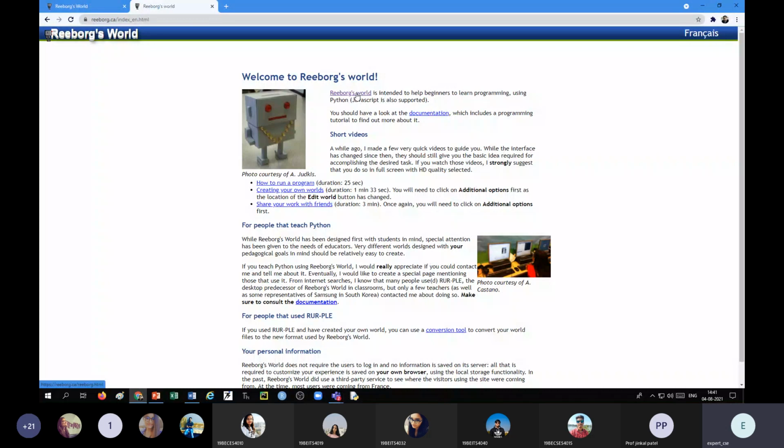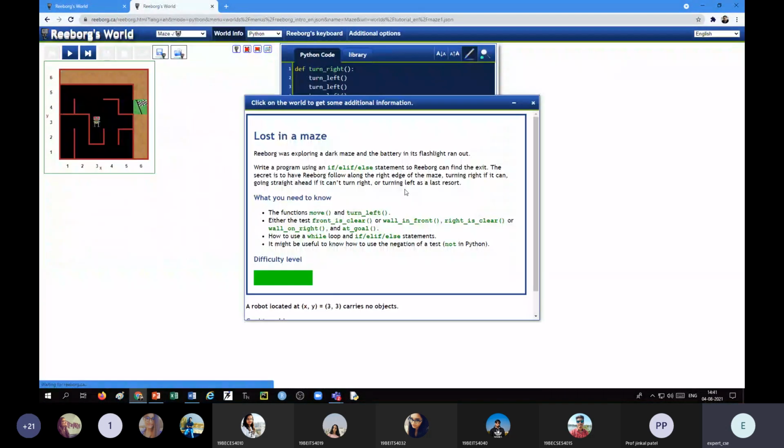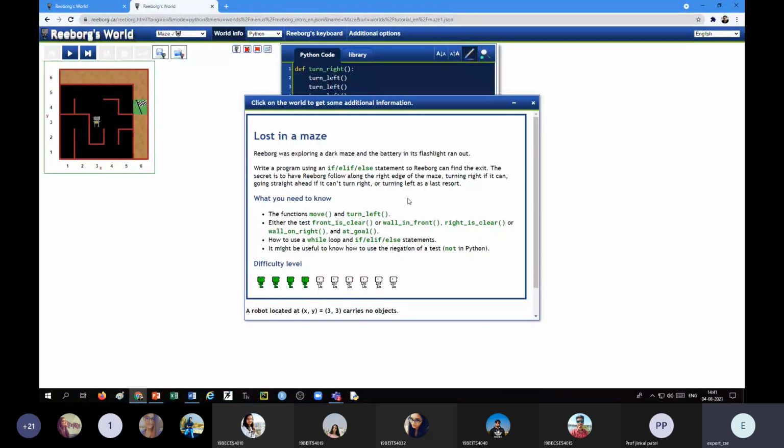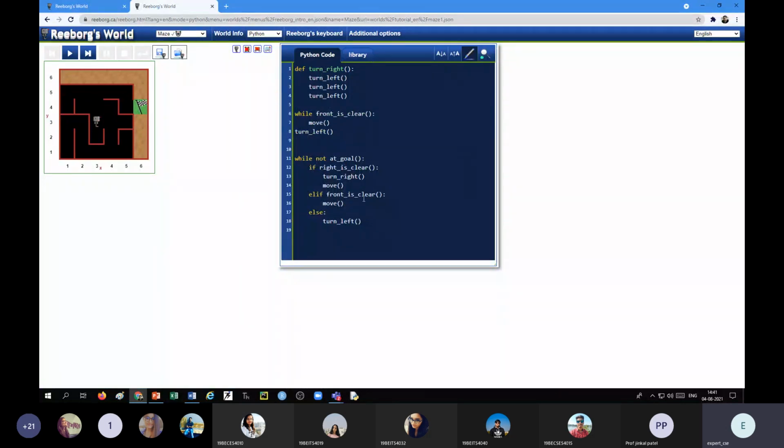Ultimately, what we want is to bring this robot to a particular flag. Let me run this just to show what we ultimately want. This is called a maze.